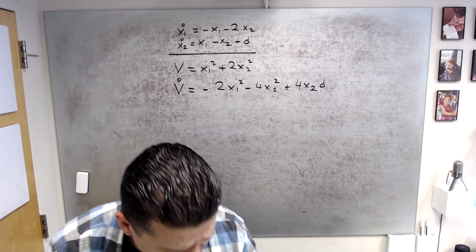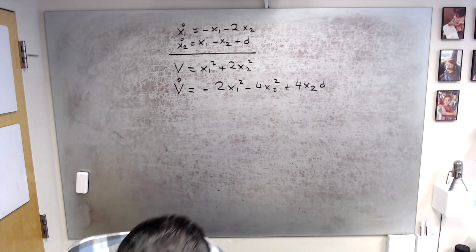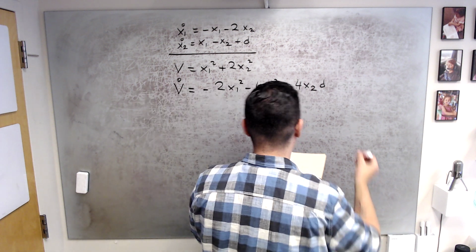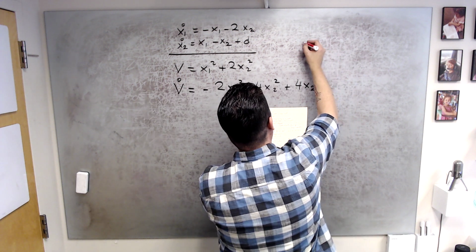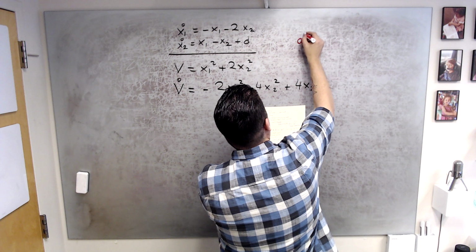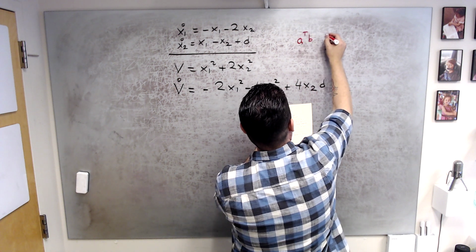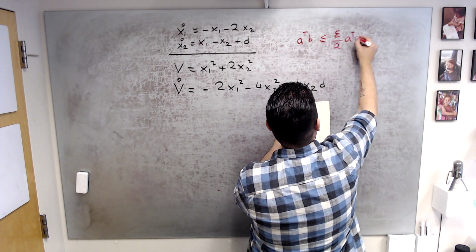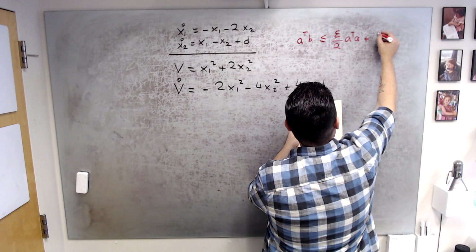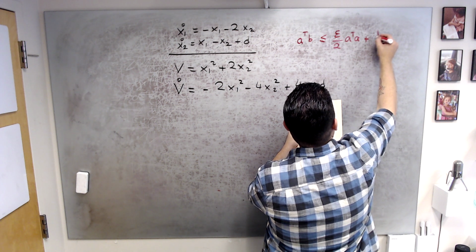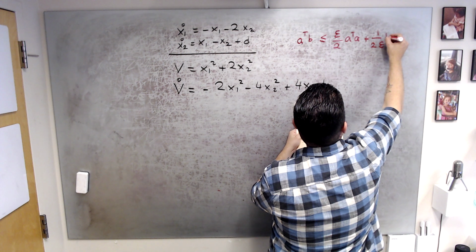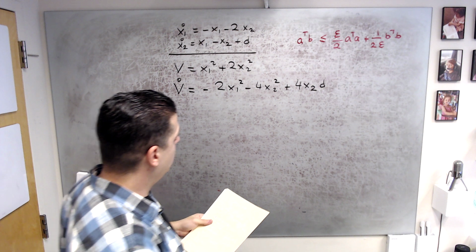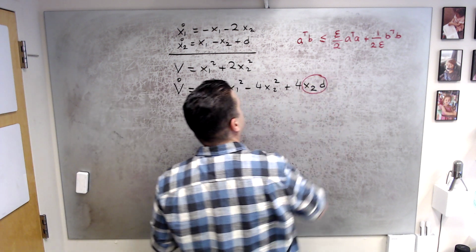Now, when you have such terms, the common practice is to use Young's inequality, which says something like this: if you have A transpose B, it is upper bounded by epsilon over 2 A transpose A plus 1 over 2 epsilon B transpose B. I am going to apply this to this term